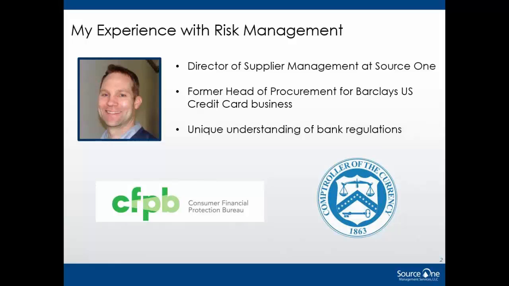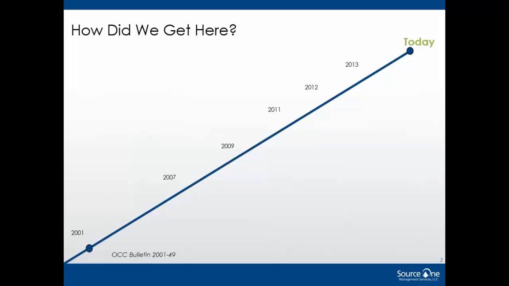I'm going to first talk a little bit about the very recent history around supplier risk management as it relates to banking, to talk about some very recent regulation from the CFPB and OCC, and a couple of examples there of where there's been some actions. I'm going to talk a little bit about what we're finding on how banks and non-banks are responding, and then finally talk about the SRM program and how that could serve to benefit some of these challenges. So without further ado, let's talk about how we got here.